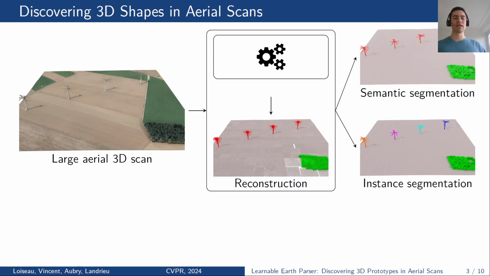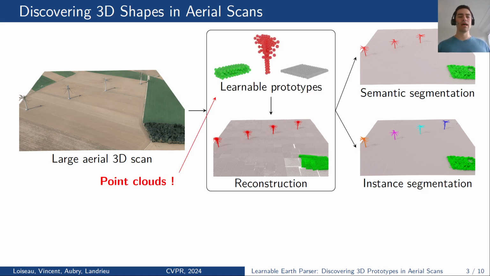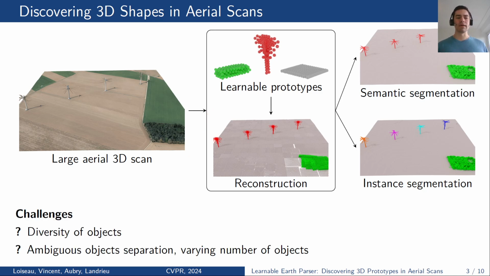To perform semantic and instance segmentation directly through reconstruction, we learn 3D prototypes alongside a way to deform and position them to reconstruct inputs. Our 3D prototypes are point clouds whose point positions are directly learned as free parameters of the network. Alongside these learned prototypical point clouds, we will also learn neural networks to select, deform, and position the prototype instances. As you might expect, learning jointly 3D prototypes alongside a way to select, deform, and position them is